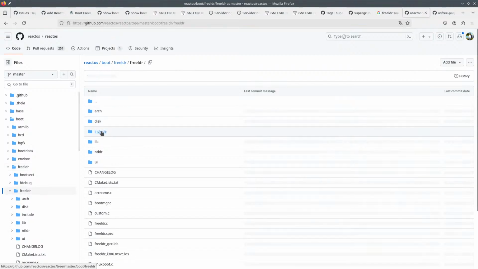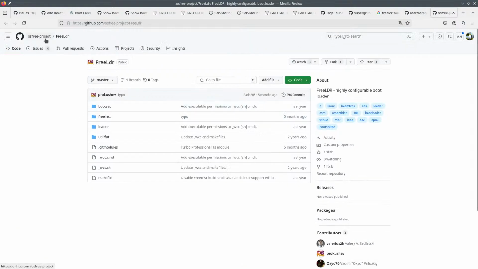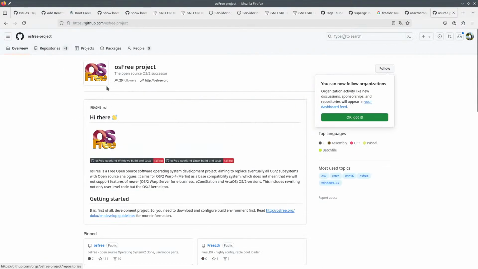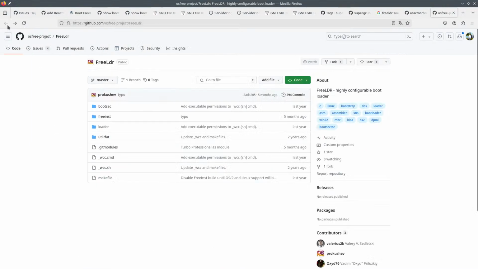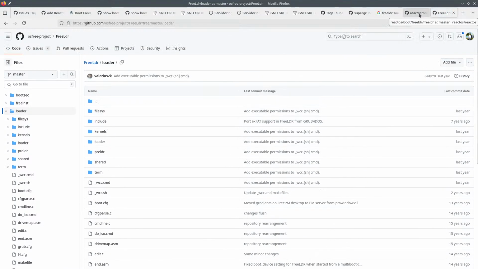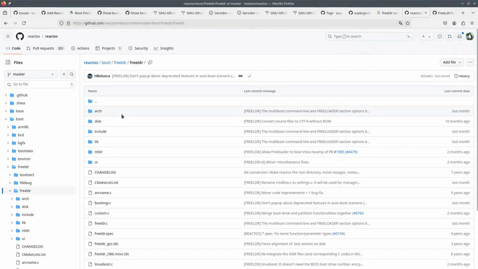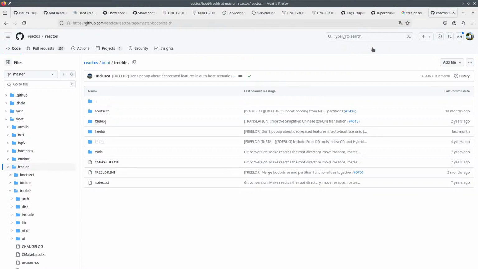Is it in any way the same thing? No, it is not. What the hell is this OS free project? Open source OS successor. So they have the same name as FreeLDR, but this does not seem to be related. Let me see. Yeah, that doesn't have anything to do with the other one.